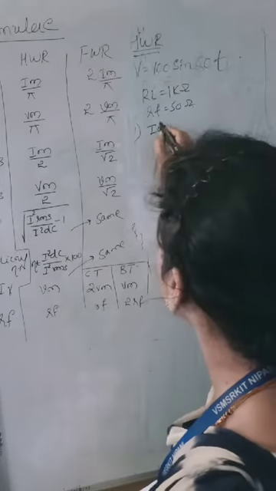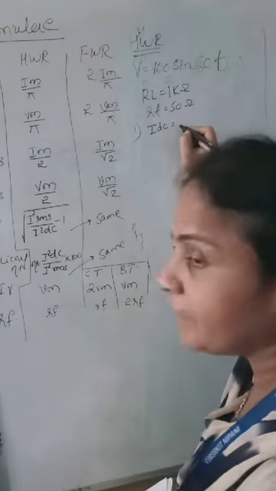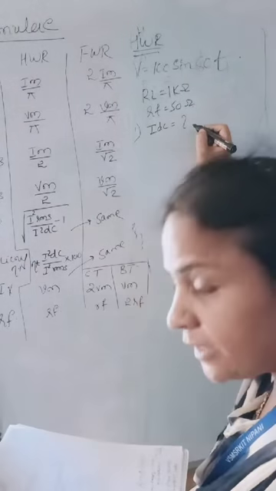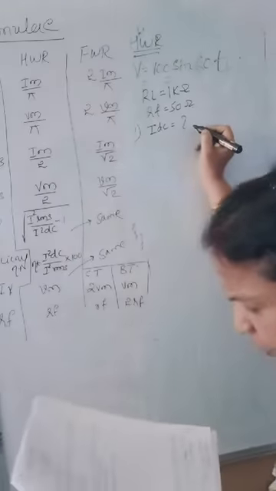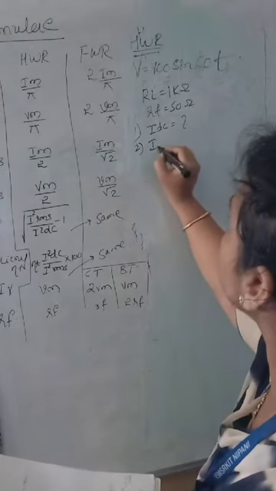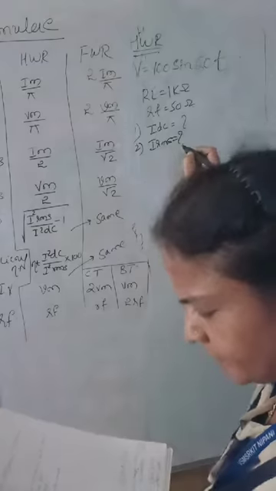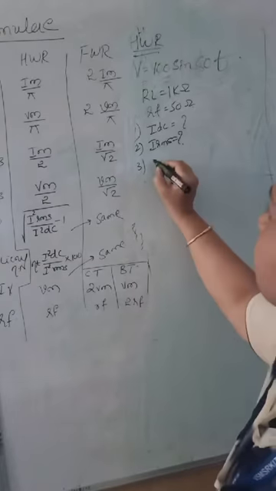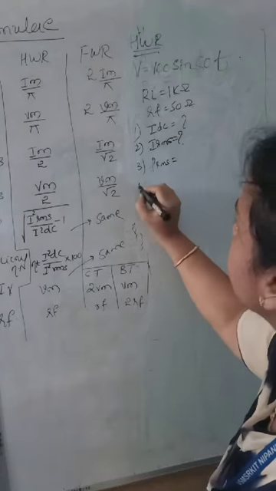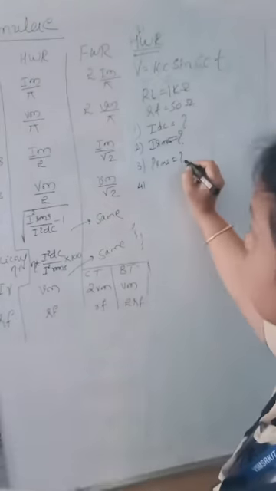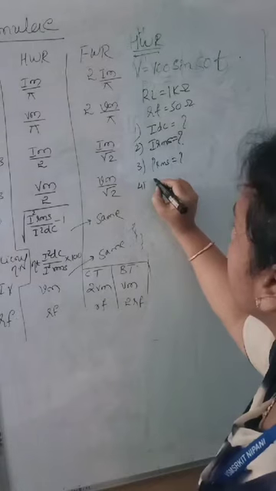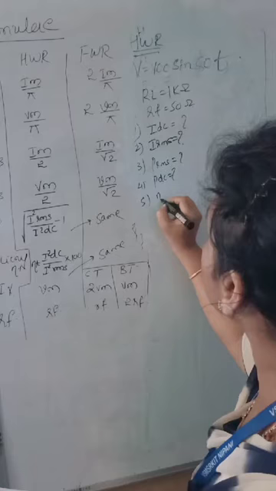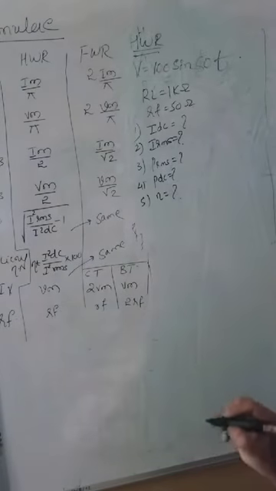We have solved so many problems. Now you should identify what is asked very soon. IDC, that is DC current through the load. Then RMS value of current through the circuit means it is IRMS. Then AC power input means it is PRMS. Then DC power output. Power at the output side means it is PDC. Then rectifier efficiency. So many parameters we need to find here.